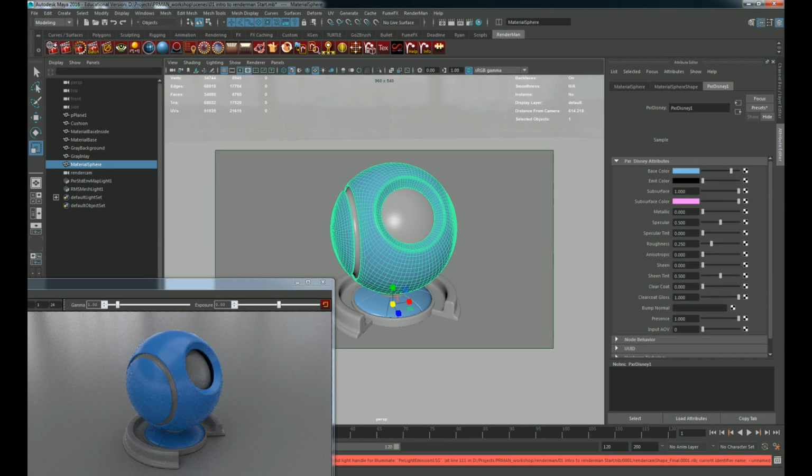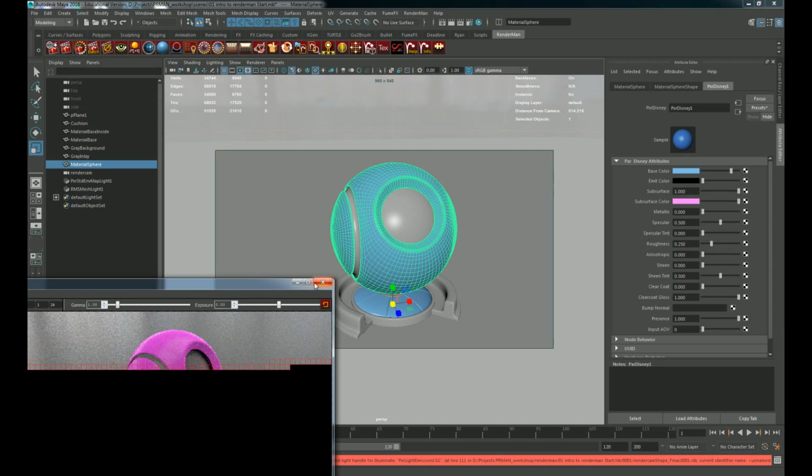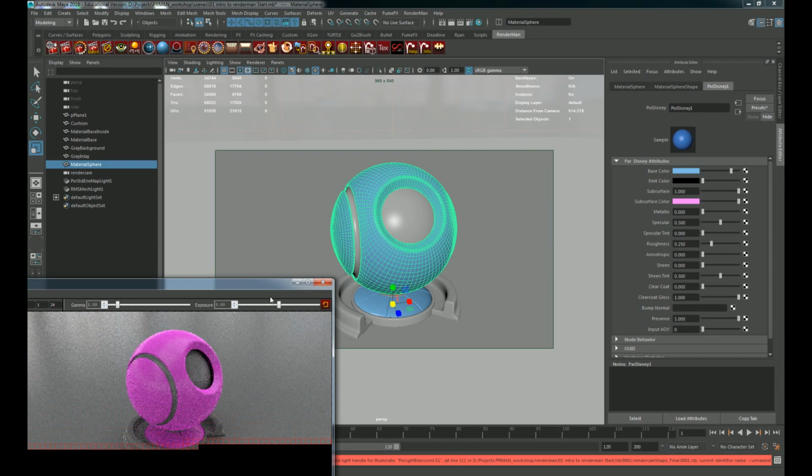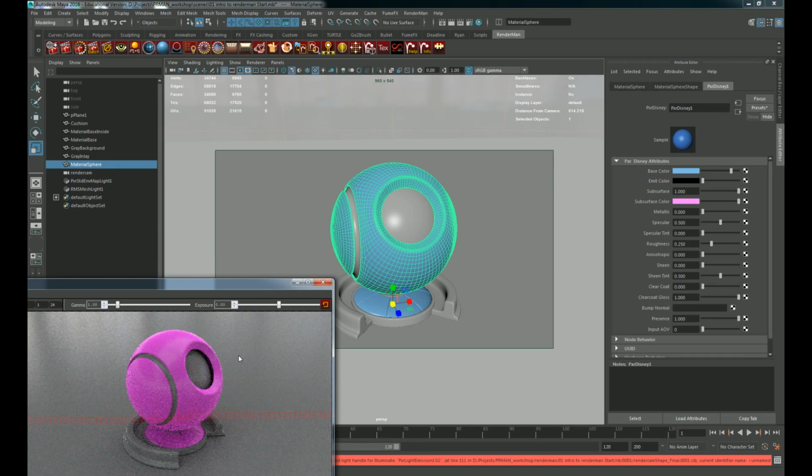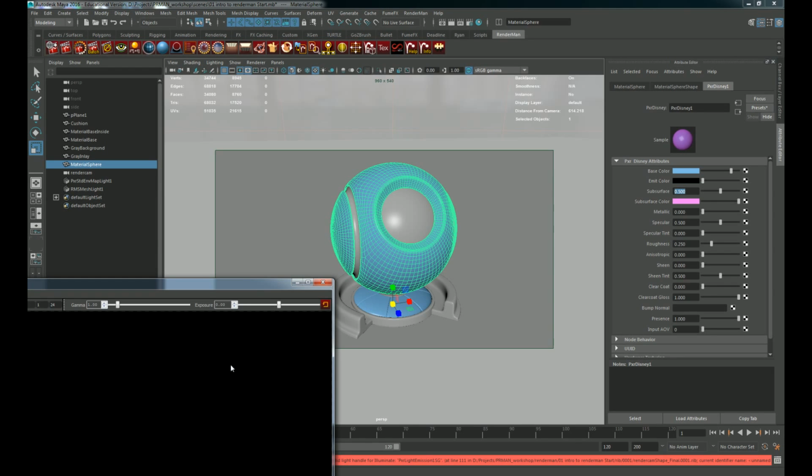And if I go ahead and just crank that all the way to 1 and fire off another render, you can see that it's essentially pink, but we're still getting elements of blue coming through. That's because our subsurface is maxed out. However, if I drop this down to say like 0.5, render that out again,